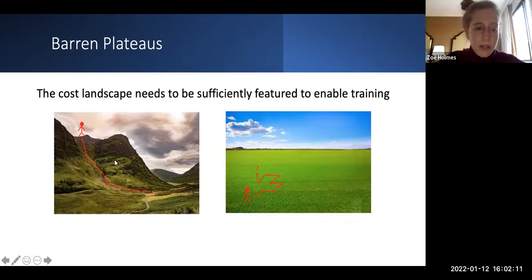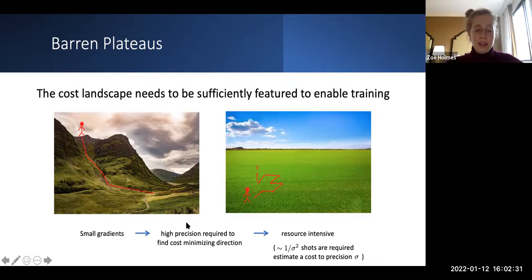But this is only going to work if you can actually figure out which is the steepest route down at any moment in time. It's not going to work if the landscape is almost entirely flat. So imagine trying to find the lowest point on this field on the right. It's not going to work. Two directions are going to feel equally steep unless you can have very, very precise measurements. And so you're going to end up doing a random walk if you're not careful.